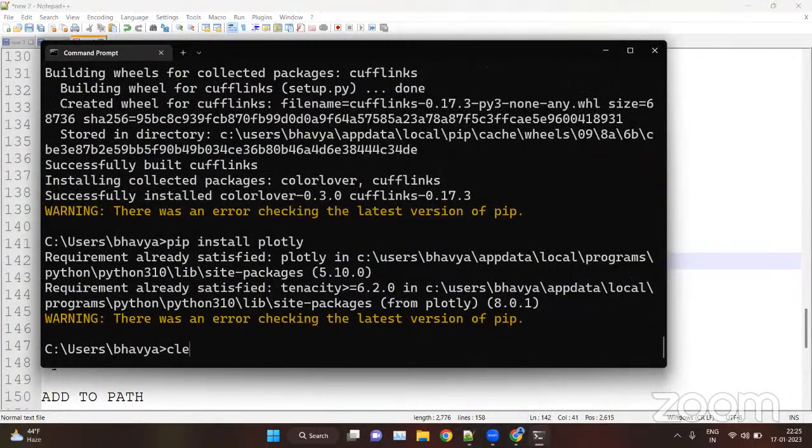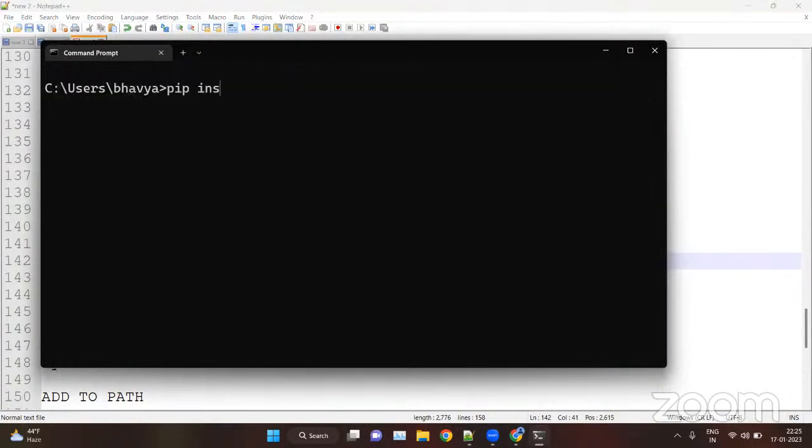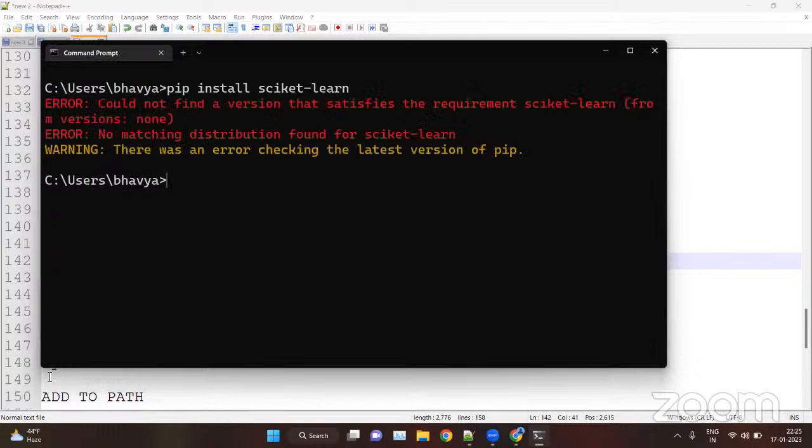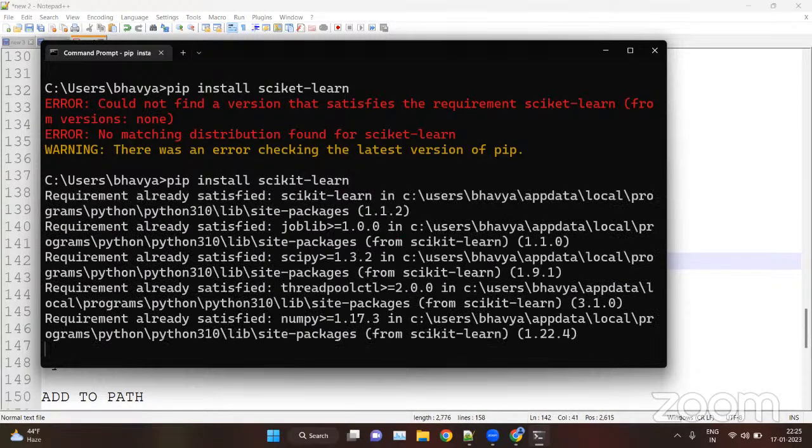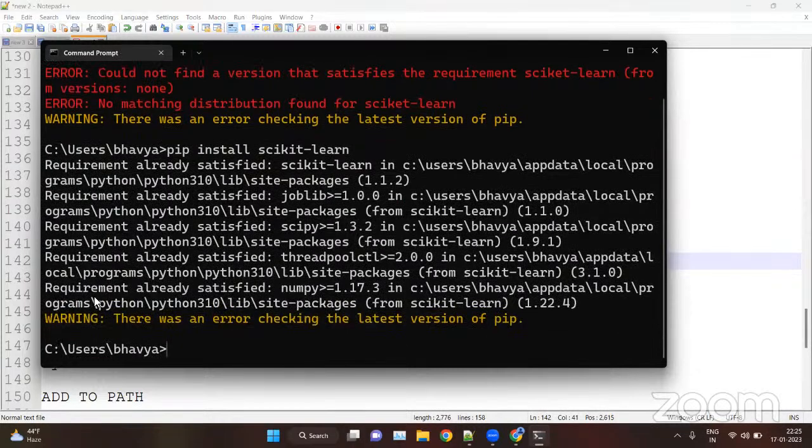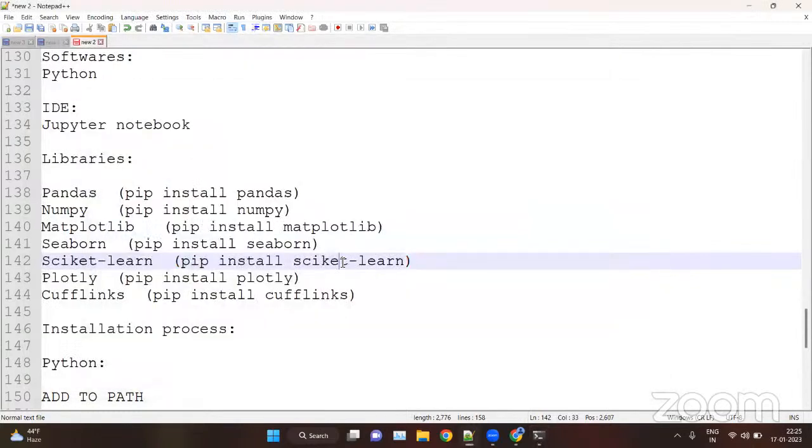We can clear the screen with CLS. This is how you can install all the libraries.